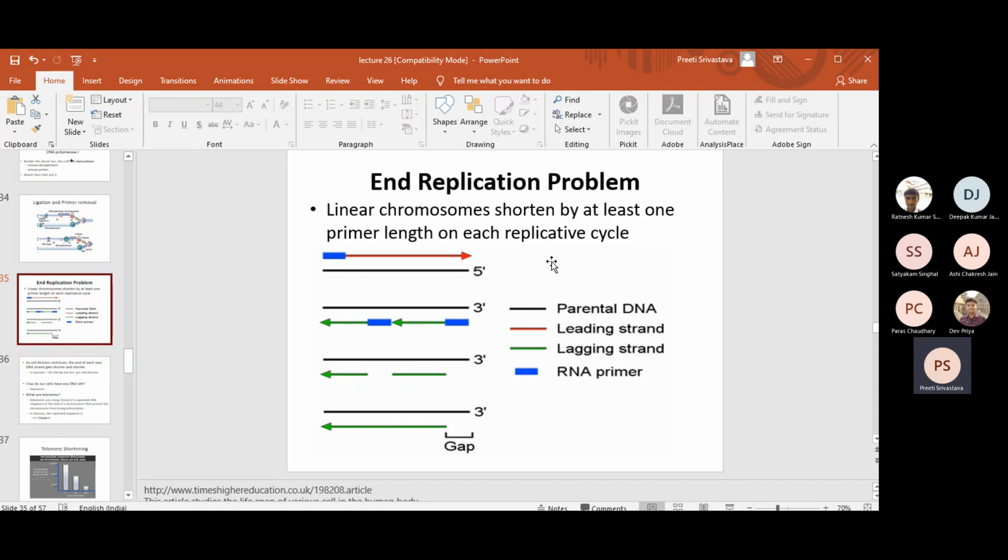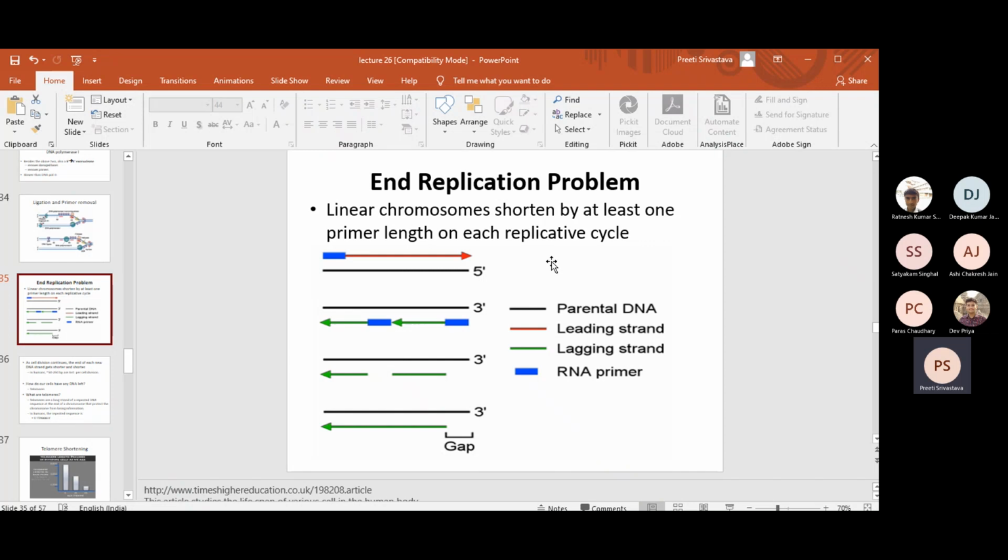You remember from PCR that we required a DNA primer, and then we had the incorporation of dNTPs. You remember that? Yes, ma'am. A few base pairs of extra sequence, right. So in the absence of that primer, you cannot have PCR. You cannot incorporate dNTPs. You remember that? Yes. So this is what is called an end replication problem.